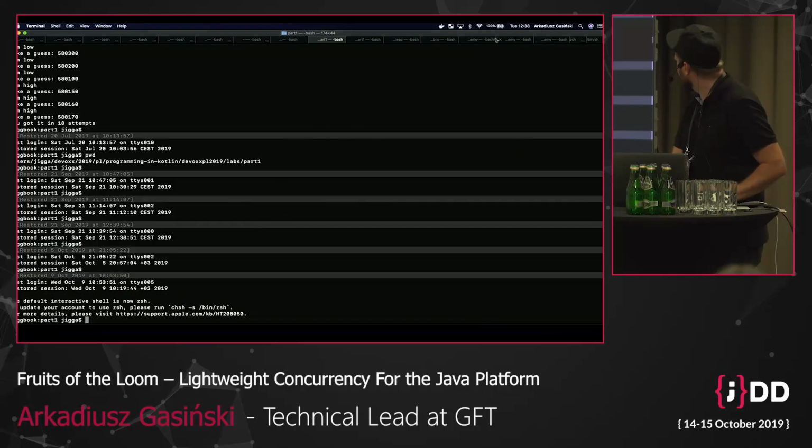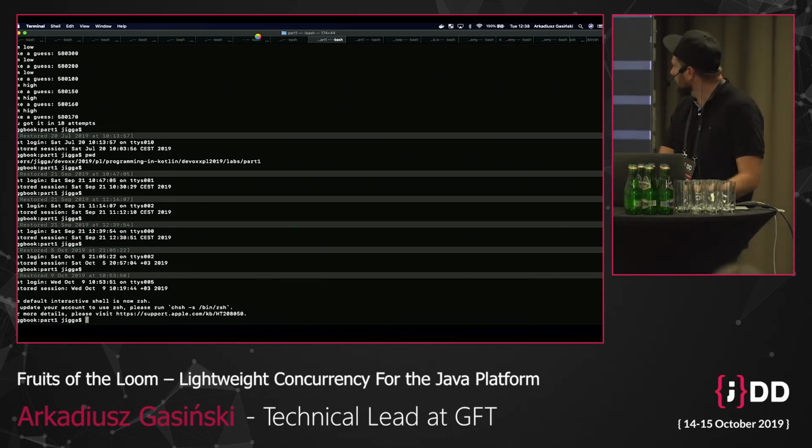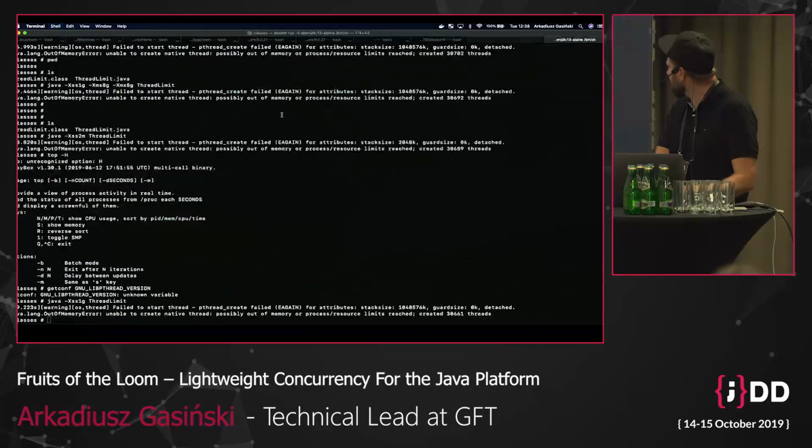Yeah, I do have more terminal tabs open than Chrome tabs open. Too bad. Actually, let me maybe close all these and